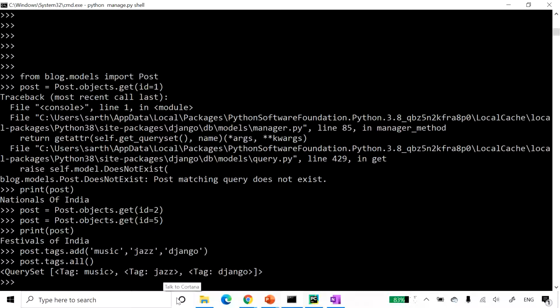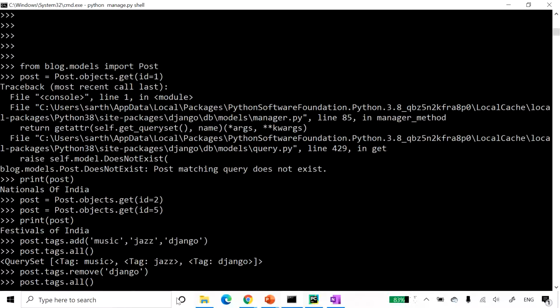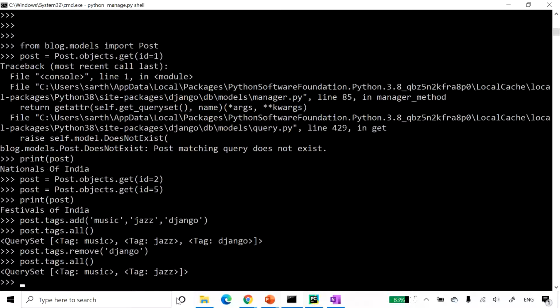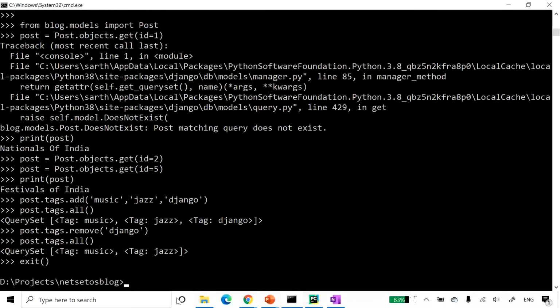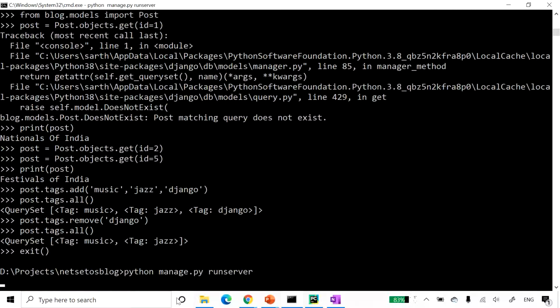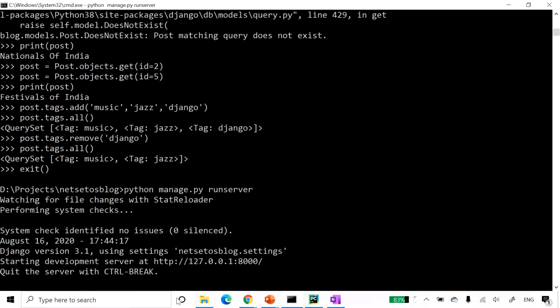Now if I want to remove, let's say, django, so for that I will write post.tags.remove django. Let's find out whether it has been removed. Yes, this has been removed. This was easy, right? Now we will check it out by exiting from the shell, and here we will run the server. Now I will go to my browser,